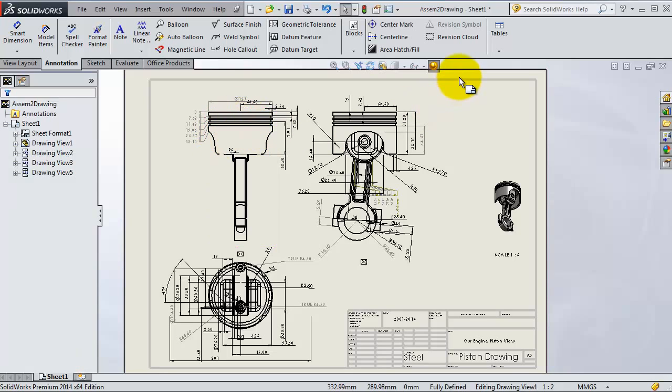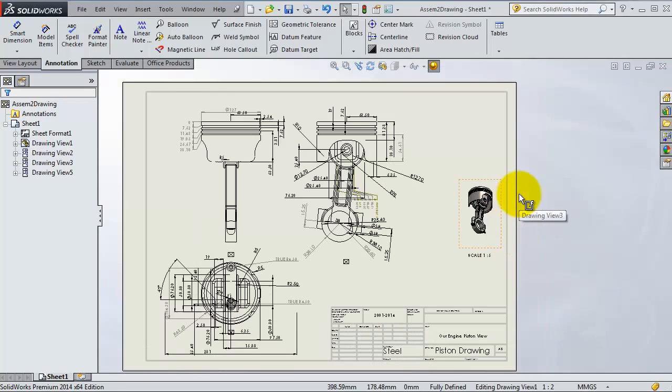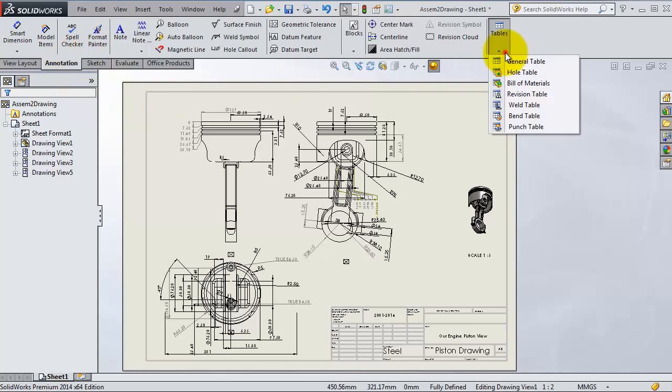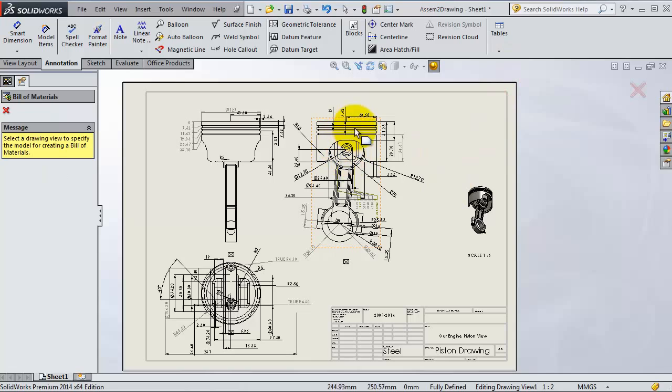Now we're going to show an important step before finishing your drawings. You need to show the names of the parts, the number of the parts in your drawing. This can be done by the bill of materials. You can reach the bill of materials in the annotation menu, tables. Here you'll see bill of materials. So select the drawing and